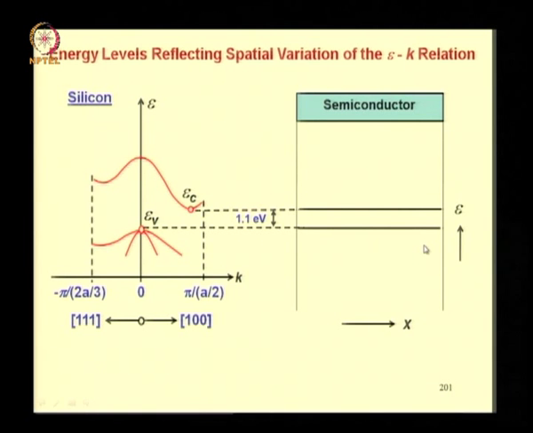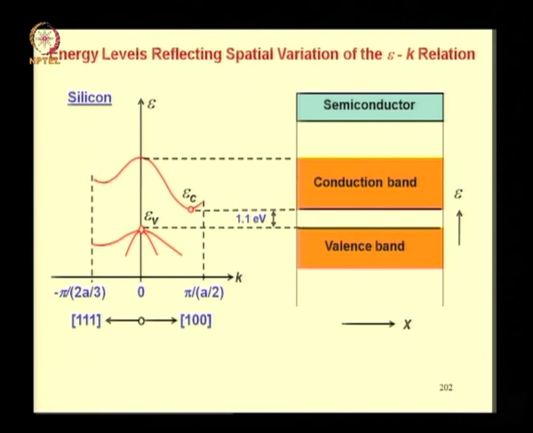Now you can also show the entire conduction band energy width and valence band energy width, because the top of the conduction band is obtained from the top of the conduction band EK relation on this diagram here. Similarly, you can take the EK line corresponding to the valence band, it will have a bottom, and you can use that bottom point to get this energy and then get the bottom of the valence band.